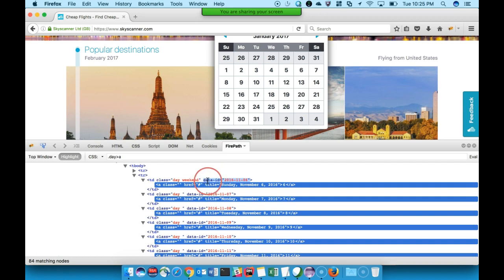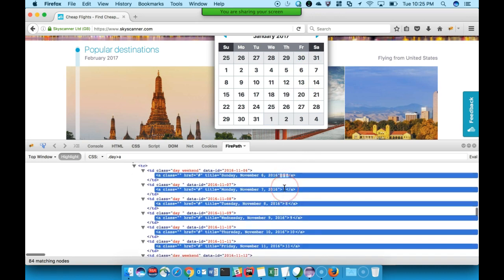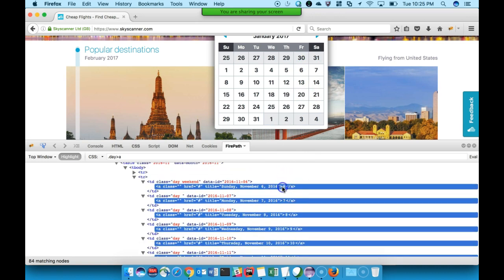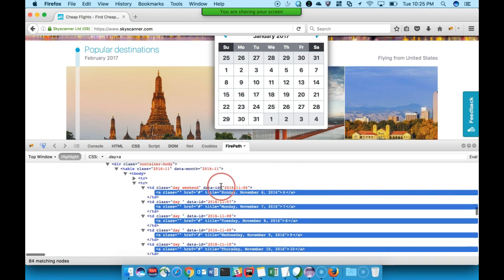Every table data has a date ID attribute which we can use. Also, if you go inside, there is an anchor tag, and in that you will see the exact text that you can see on the buttons. Okay, so many times we can use this text, but right now over here I think the date ID can help us in selecting that particular date.